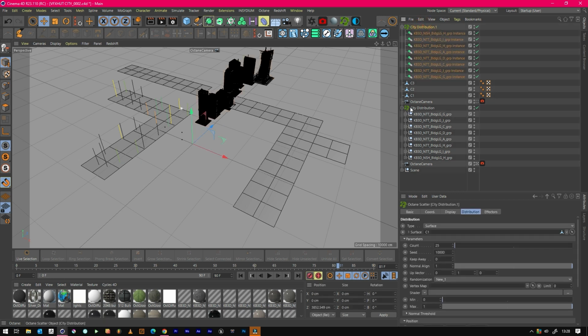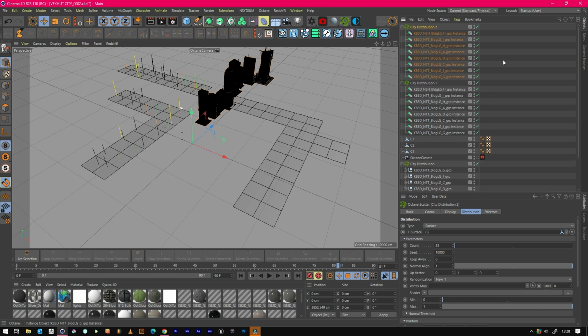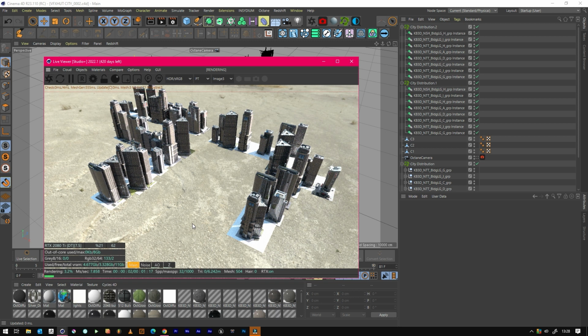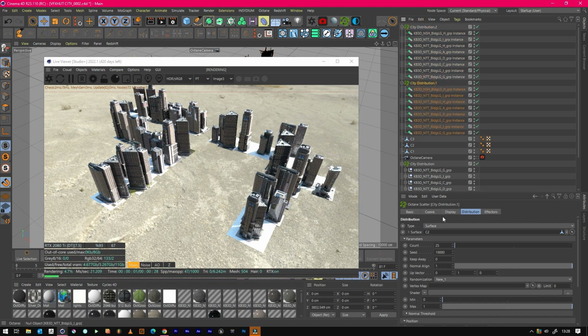So this time we just want these instances to distribute on C2. And again, we will copy and paste this. We can actually do that for this one because these are instance copies. And then C3 for this one. So now we've got buildings on each one. So send that to the render. And there we go. We've got a city populated, and you can actually manually go in